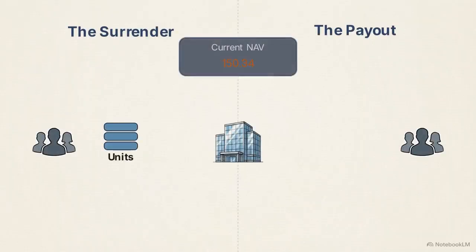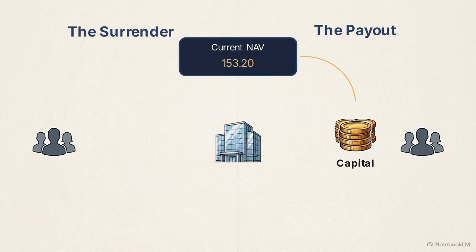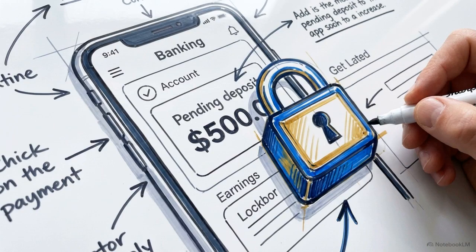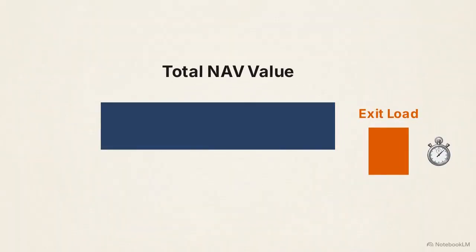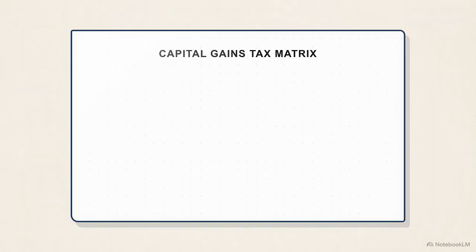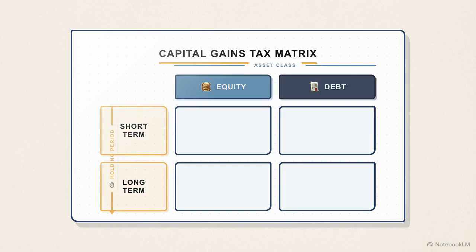Eventually, the life cycle reverses. When an investor exits, they surrender their units back to the AMC in exchange for capital, calculated at the applicable day's NAV. But the total NAV value isn't necessarily what hits the bank account. First, the fund may deduct an exit load, a time-based penalty designed to discourage short-term speculation. This matrix breaks down the next major deduction, capital gains tax. The rate applied to your profit is determined by your holding period, categorized as either short-term or long-term, and the